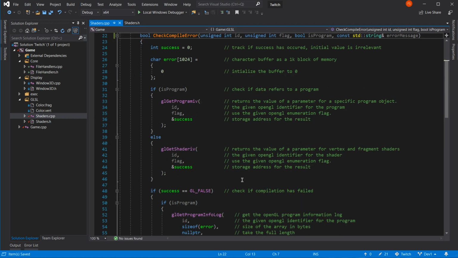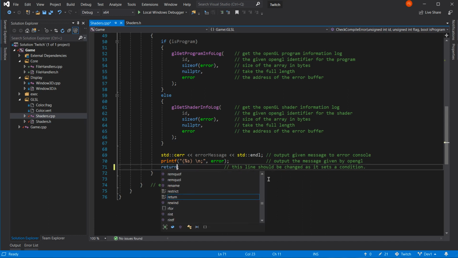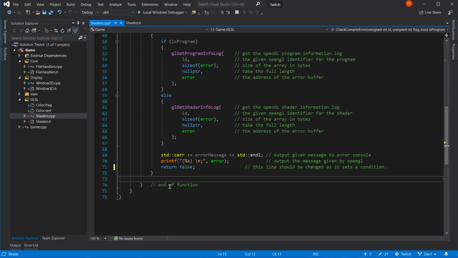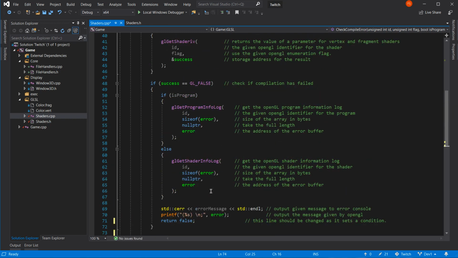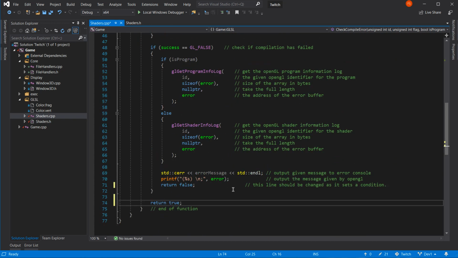And then, instead of doing this thing here, which is gobbledygook, you just return false. Yeah. So that no longer sets a condition. And that space that I left there comes down to return true. Like that. That now reads correctly.